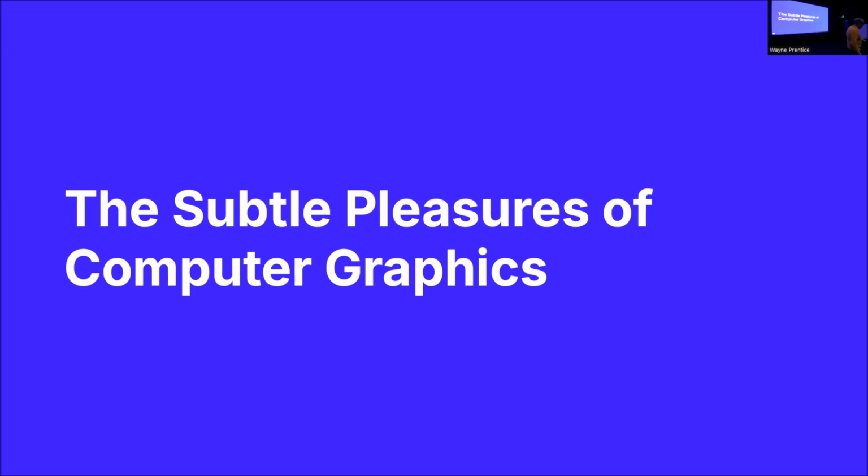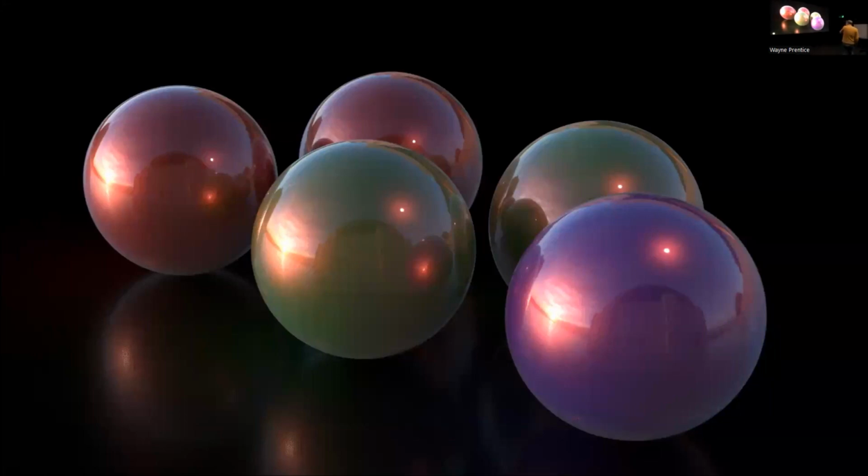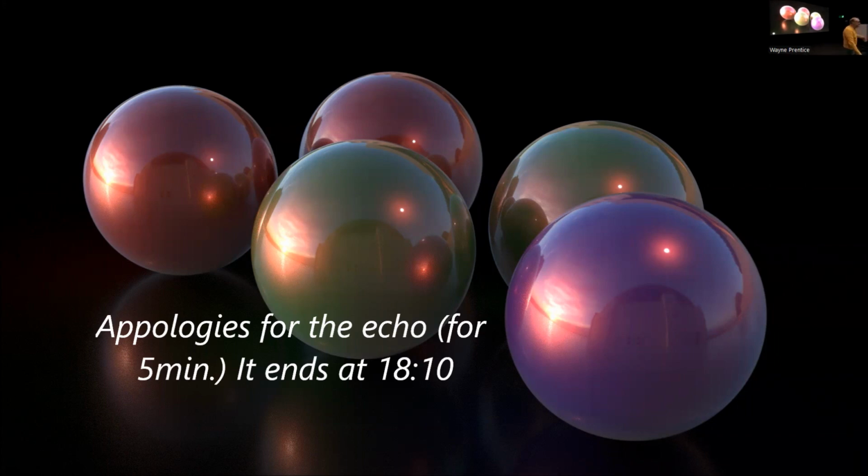Synthesis is great that way because you can just keep adding stuff until you're blue in the face. So here's a really creative synthesized image that I whipped up of some spheres, very classic image, which looks, by the way, David, you'll be happy to know, it's calibrated correctly because you can see the shadow. If you can't see the reflection in the shadow, then the monitor is not calibrated right.